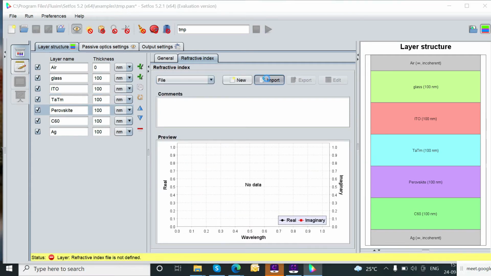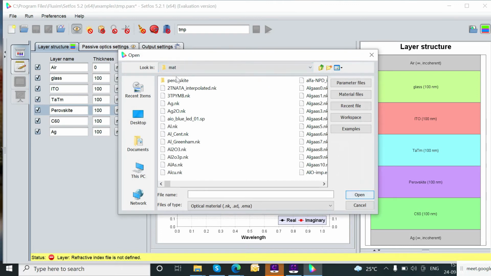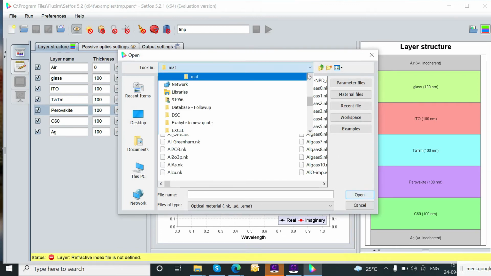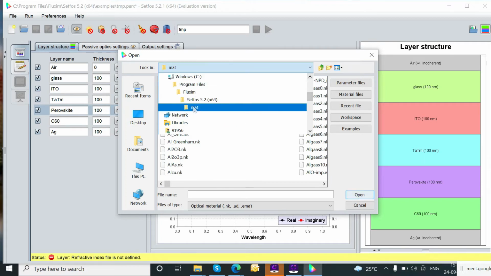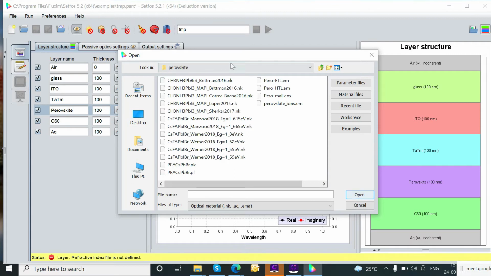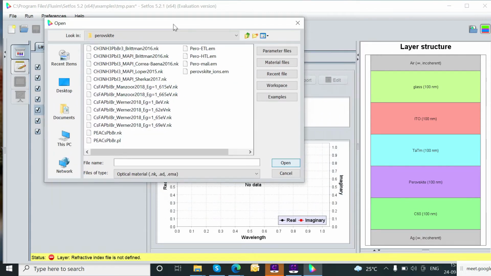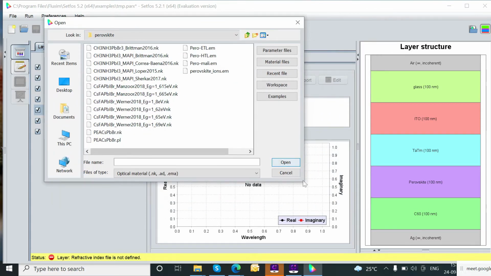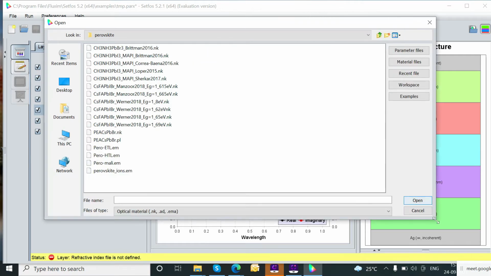This is my database that is already installed, and I can go to this hole transport layer material. I selected this hole transport NK refractive index data, and it is showing the real and imaginary parts here.